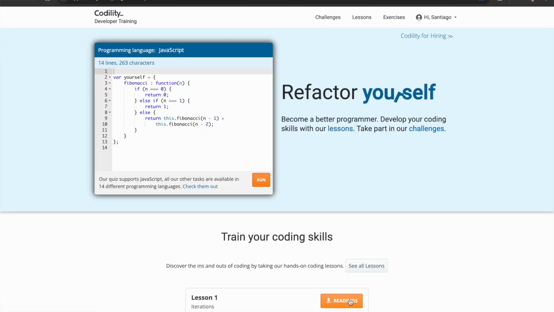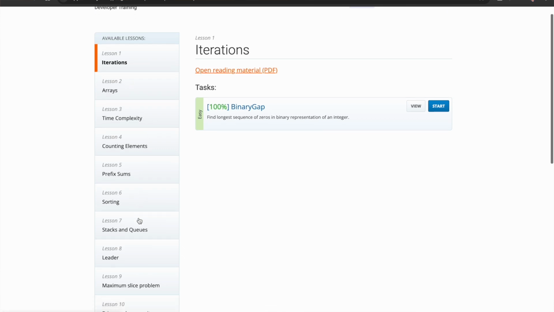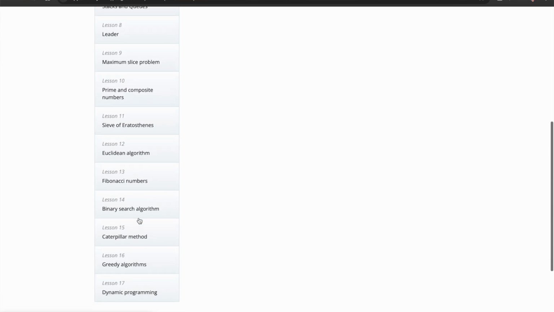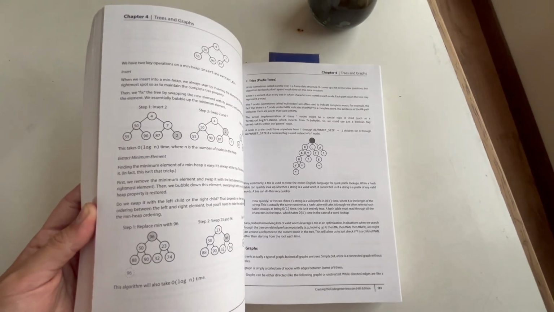Specifically on this first phase, we'll be covering data structures and algorithms by solving competitive programming exercises, and we'll do this by dividing the content on three series. First, the Codility lessons from 1 to 17, in which we will see concepts ranging from arrays, time complexity, stacks and queues, binary searches, all the way up to dynamic programming. Second, the cracking the coding interview problems, where we will see concepts such as arrays and strings, linked lists, stacks and queues, trees and graphs, bit manipulation, and a couple more.